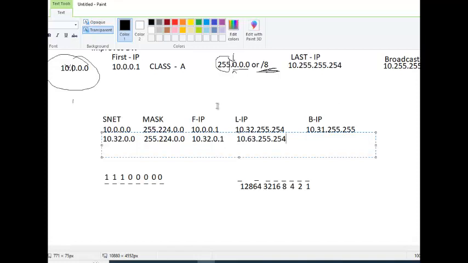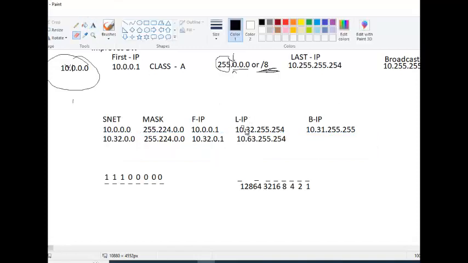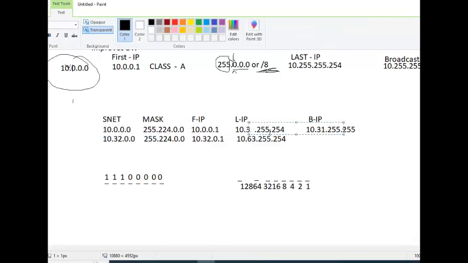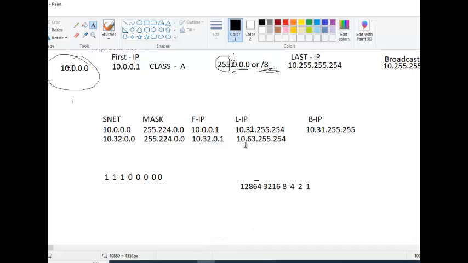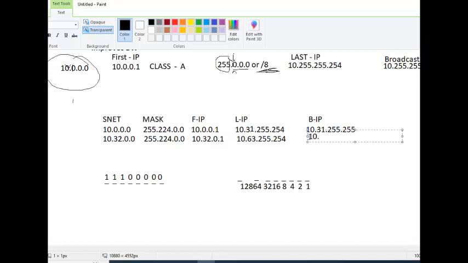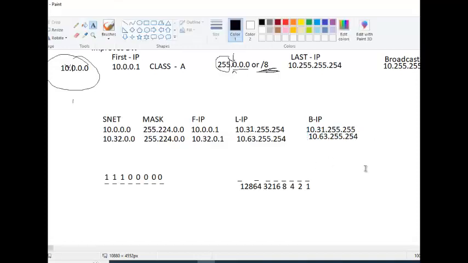Even in the previous thing, I have made a mistake. This is not 32, it should be 31. In the broadcast I have put it correctly, but in the last I have put a mistake, 32. It's 31, 10.63, and the broadcast will be 10.63.255.255. Is this clear? No, I know it's not clear because we have not done subnetting thoroughly, but what I'm trying to show here is, if I don't have this mask,